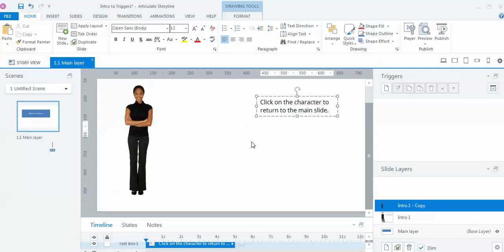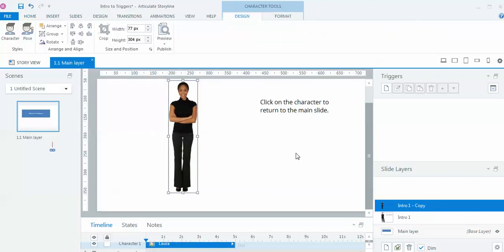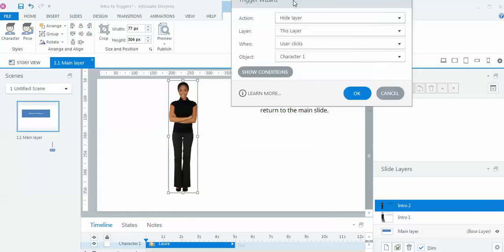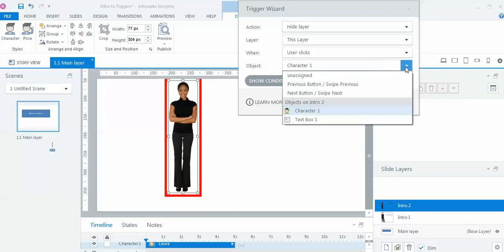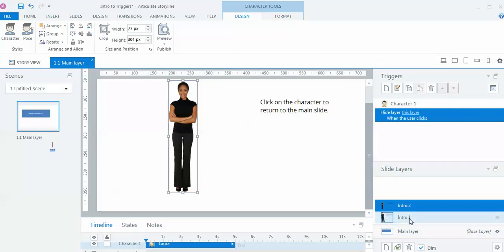And we're going to keep it so they can click on her to go to the next. So the instructions here are still the same. I'll put it in the middle here: Click on the character to return to the main slide. We're going to call this one Intro 2. Right click, call this one Intro 2. Okay, and we're going to create our trigger. We want to hide this layer. We don't need to see it anymore when the user clicks, and this is still called character 1. I didn't rename her or anything like that. So the same thing should occur